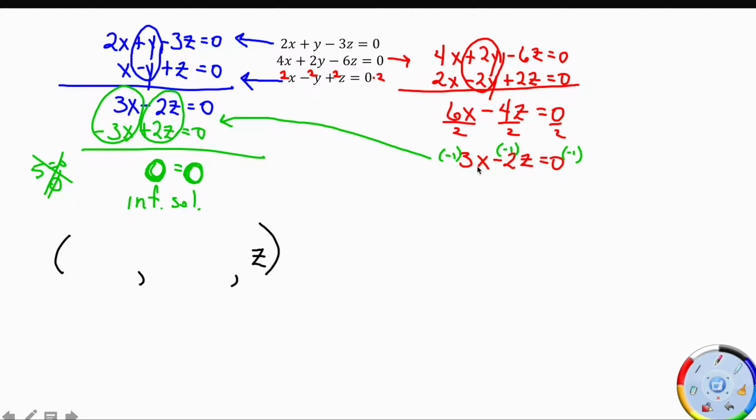Okay, remember I'm solving for x. X is what I don't know. So if I add 2z to both sides and divide by 3, I get that x is 2/3 z. Okay, that's what x is. 2/3 z. Okay, now that I know that,